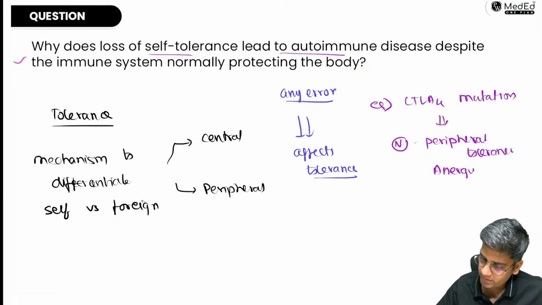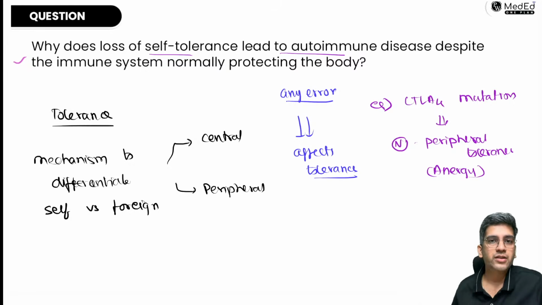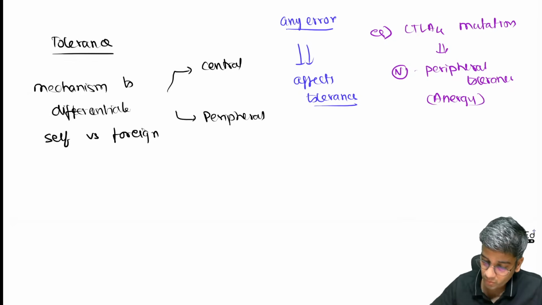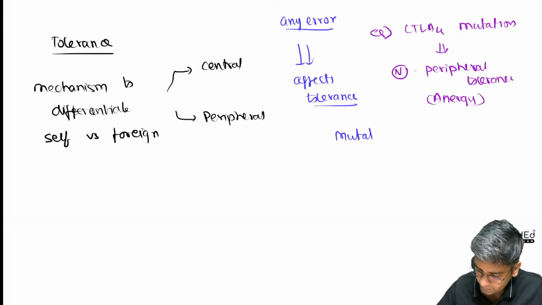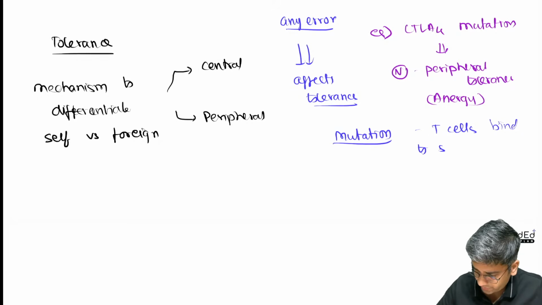I hope you remember that CTLA4 and PD1 are the ones which go and block the co-stimulatory molecules, right? So when there's a CTLA4 mutation, what will happen in mutated CTLA4? When T cells bind to self antigen,